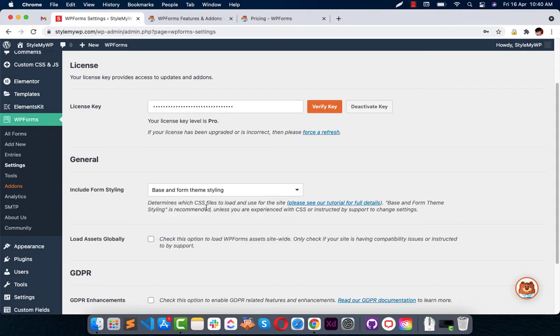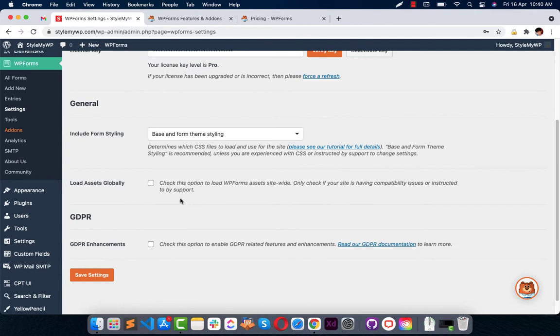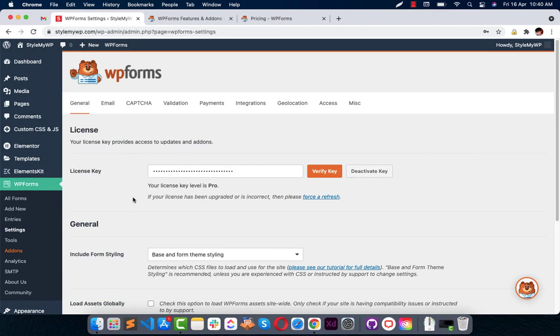We will keep it to the default setting for now, and we will see how you can style your form later in this video. You can load assets globally, so all the WP Forms assets will load site-wide with this option selected. You can enable GDPR enhancements, and this will enable GDPR related features. You can read more about GDPR in this documentation by clicking on this link, and save settings.